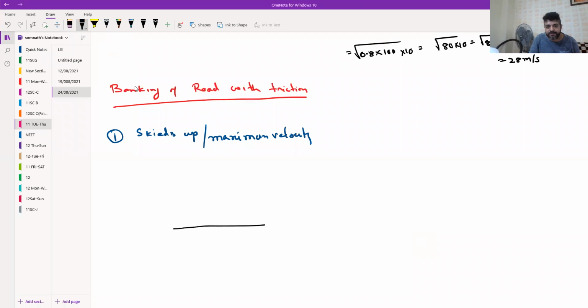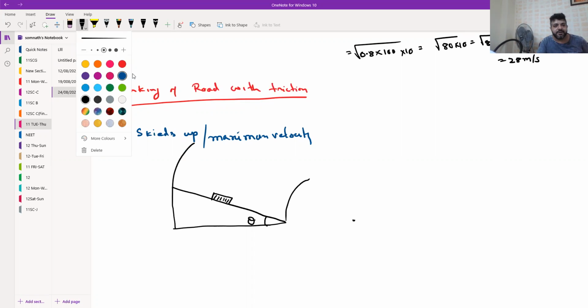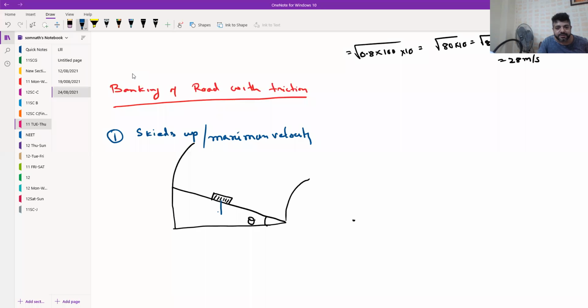So this one is my banking of road. Theta is the angle of banking. We know this h is the height, this is the width, we know all these things. Now the center is on this side, so I'm putting a block here, meaning car, bicycle, cycle, whatever. Now the most important part is that mg is acting downward,